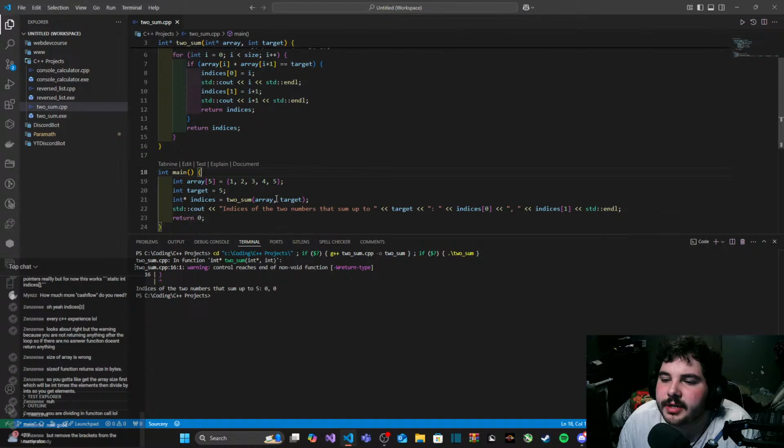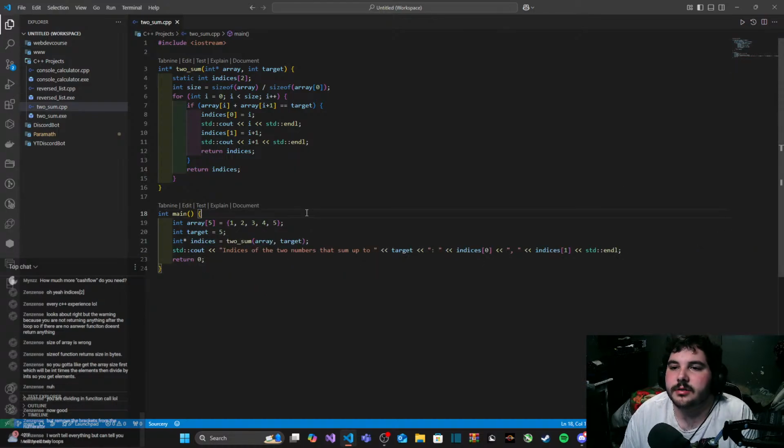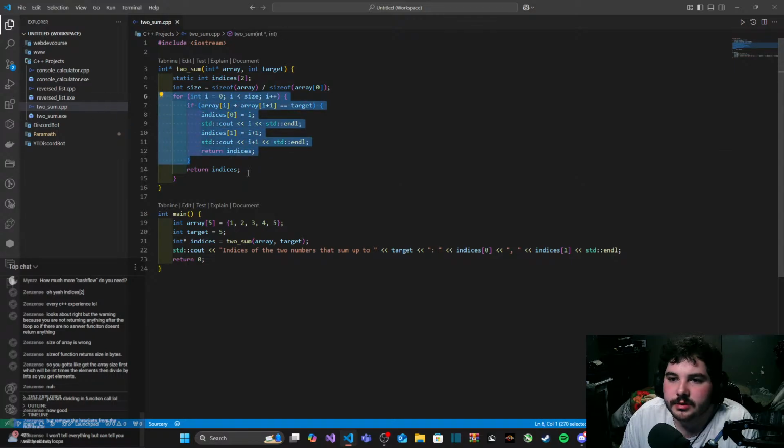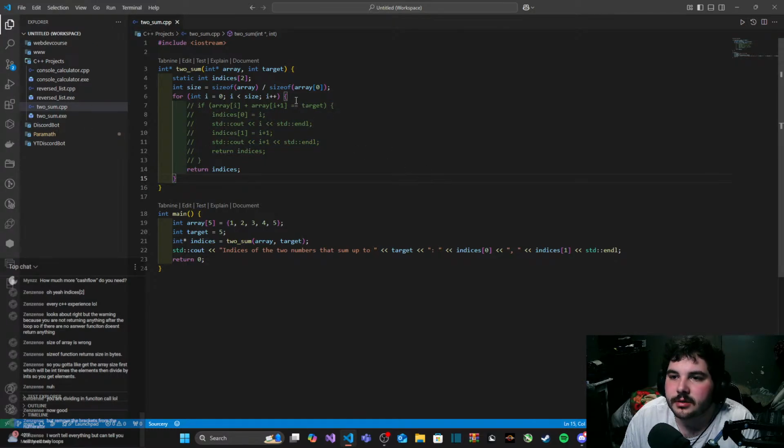So at this point, it has to be a problem with the actual algorithm. But I can tell you that you will need 2 loops. Okay. So what I'll do is Control C that.